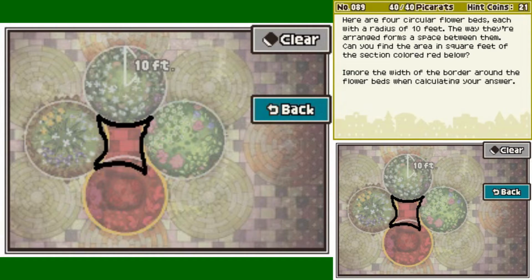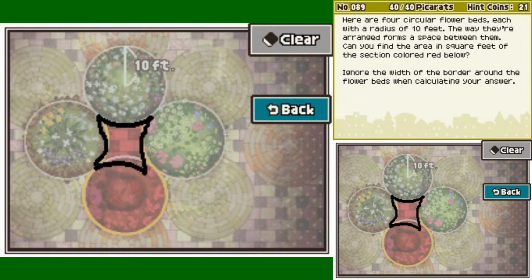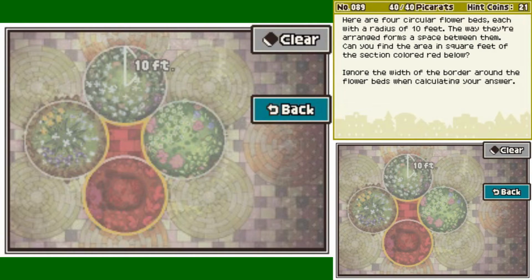Ignore the width of the border around the flower beds when calculating your answer. Okay. Here are 4 circular flower beds, each with a radius of 10 feet. The way they're arranged forms a space between them. Can you find the area which is the space between them and one of the flower beds? Is it...